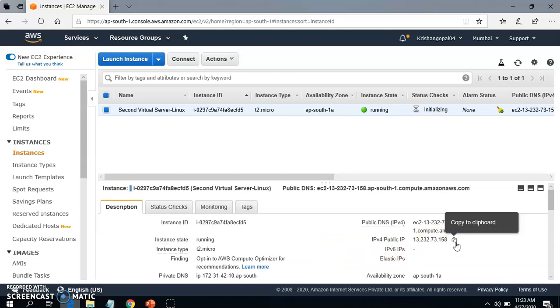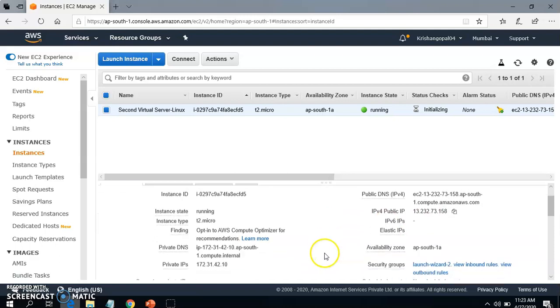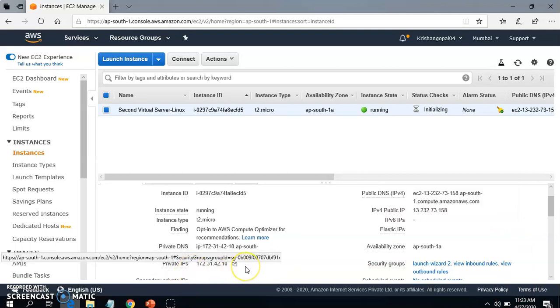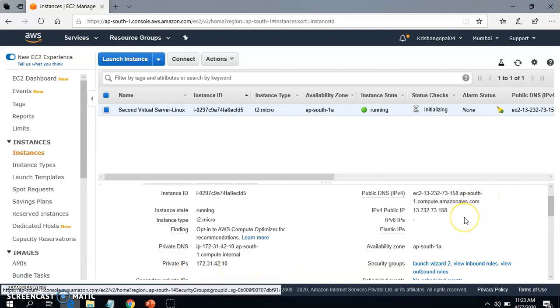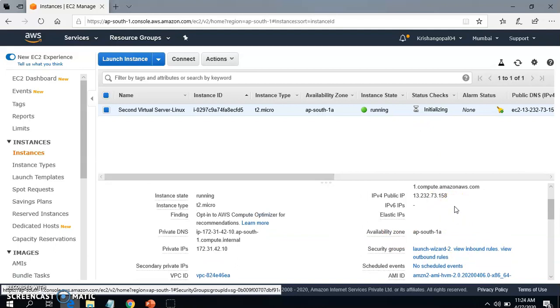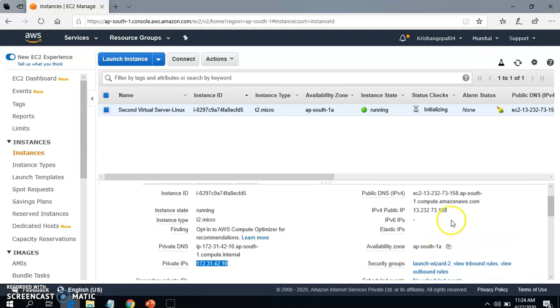So for each instance we are creating, for each virtual server we are creating, there would be a private IP and a public IP. The private IP is mandatory, but the public IP is optional. That is, either you need the public IP while creating the instance or not. Okay, and moreover you can attach the public IP as well. So right now there is a private IP, and the private IP is fixed. It cannot be changed, and the public IP would get changed once you reboot the machine. Once you shut down the machine and bring it up again, the public IP would get changed.